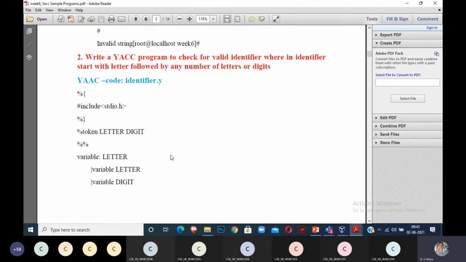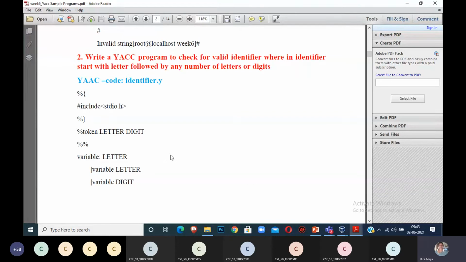This is what I am doing here, validating whether whatever I write is a correct identifier or not. You know an identifier can start with an underscore followed by letters and digits, but if it starts with a digit or any other character, it is a non-identifier. I am doing that with a Yacc program.